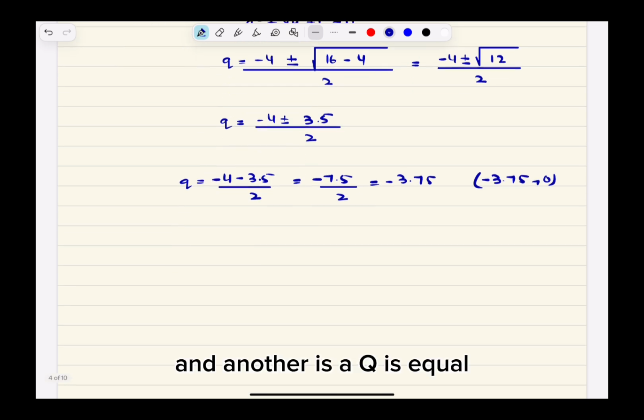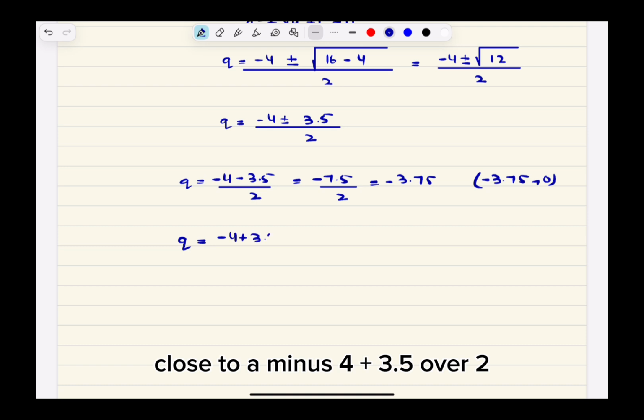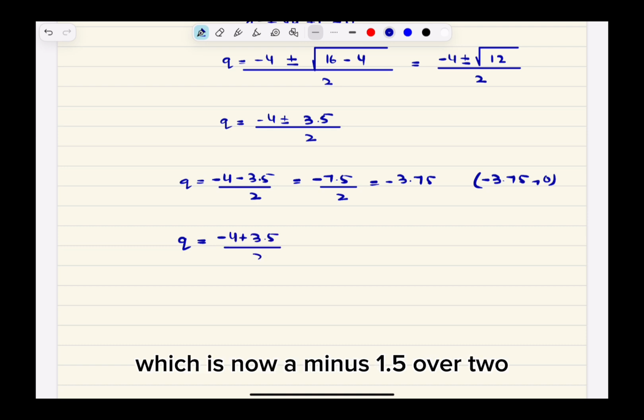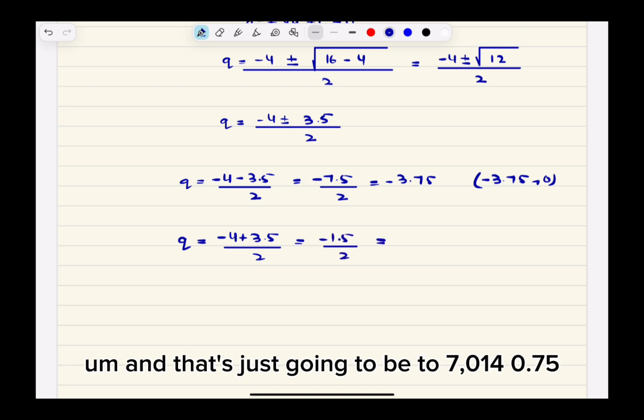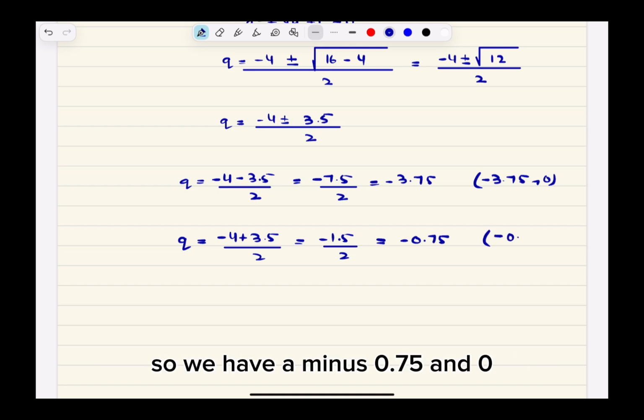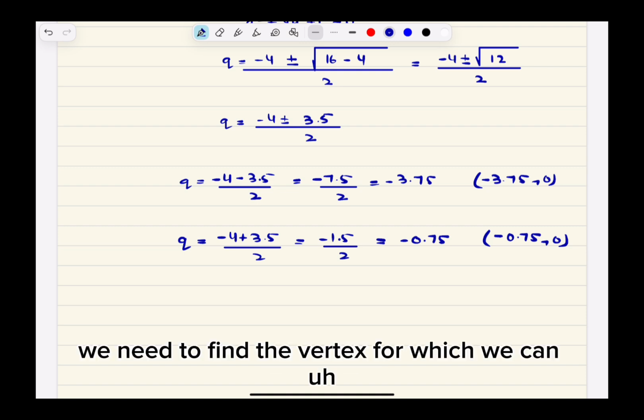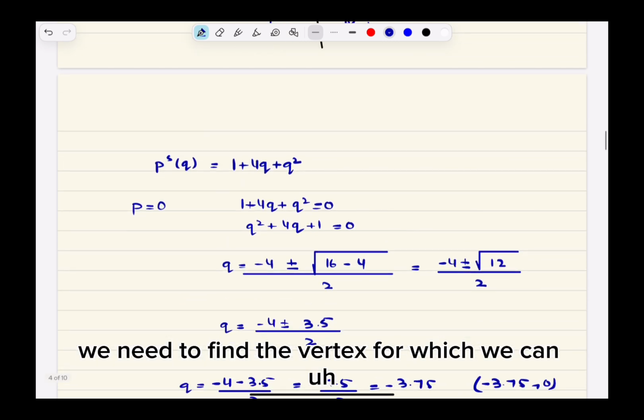And the other is q equals (-4 + 3.5) over 2, which is now -0.5 over 2, and that's just going to be -0.25. So we have -0.25 and 0. And finally, we need to find the vertex, for which we can